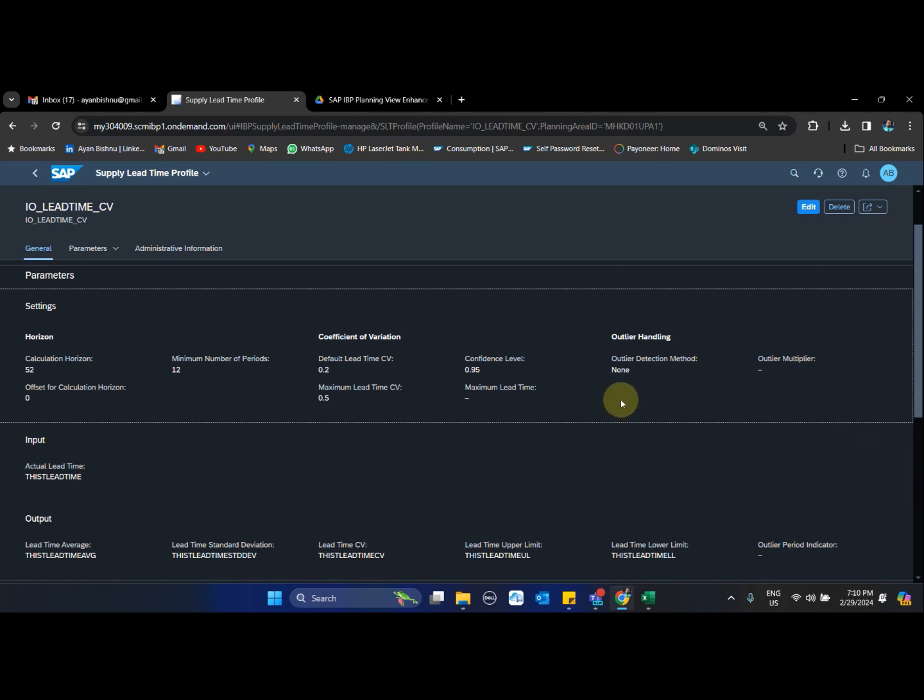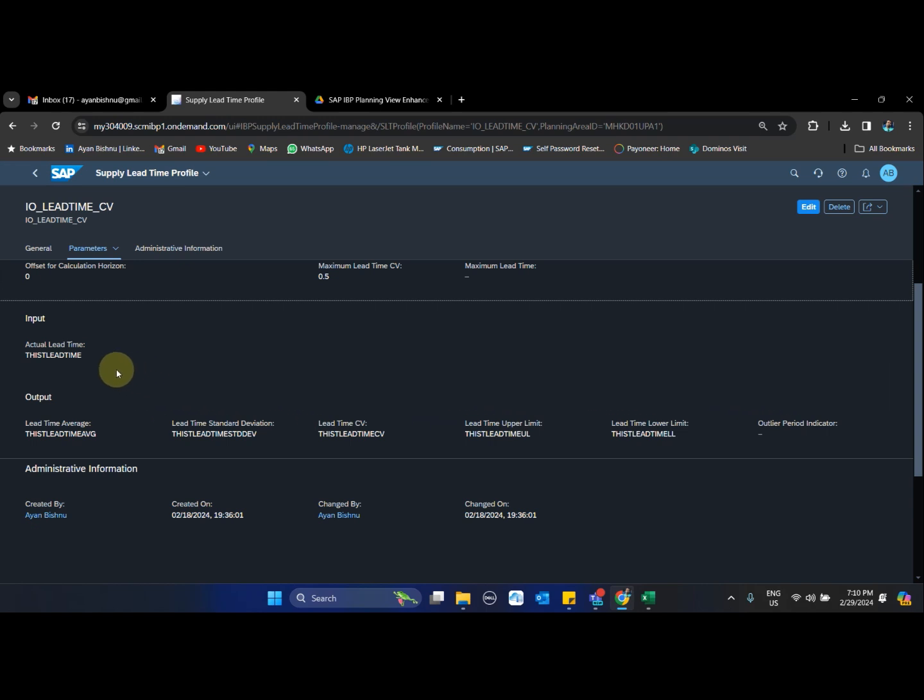at this point. And based on this, these are the input key figure, which is basically time series historical lead time, and based on this lead time the system generates the average lead time, the average lead time standard deviation, the lead time covariance, the lead time upper limit and the lower limit. So these are required for other purposes, but for the purpose of IO I am only interested in this lead